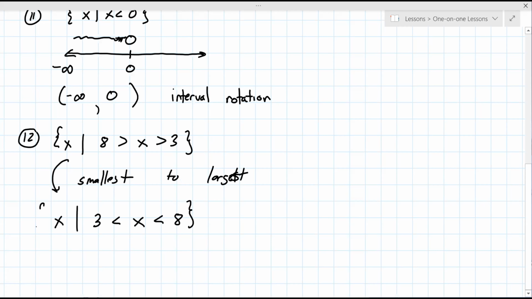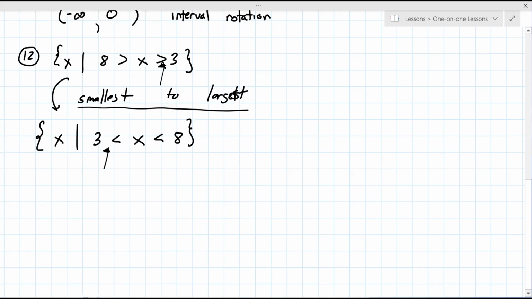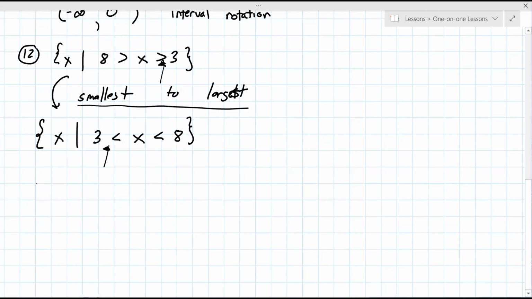Now the reason these brackets go the way that they do is, see how this pointy side is pointing towards the 3. I guess they call it like a mouth, but it's still pointing towards the 3. So that's why it goes in this direction. It has to be written from smallest to largest to be able to make any sort of sense of these questions. So to graph it on a number line, because it's a less than and a less than,